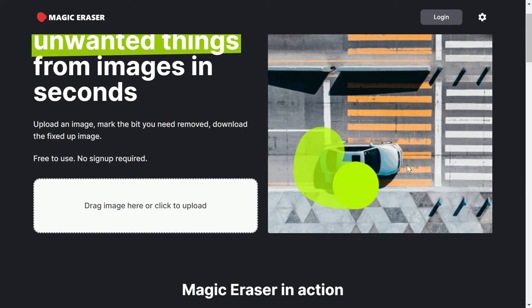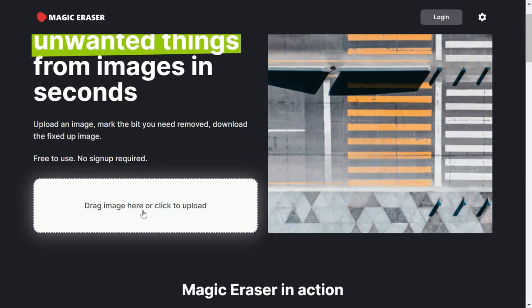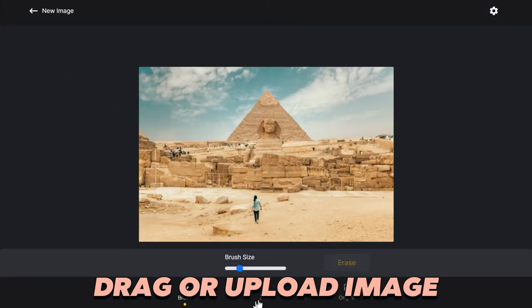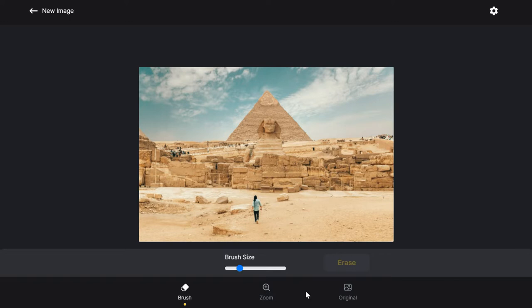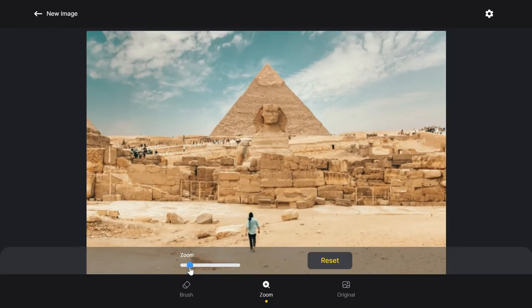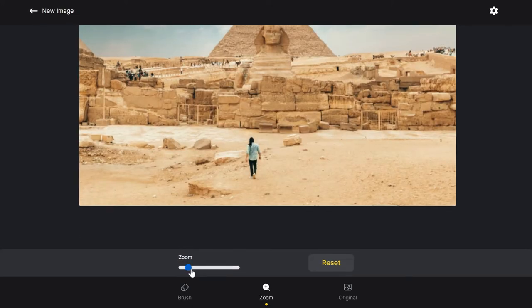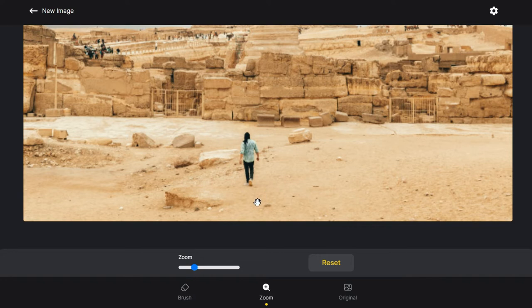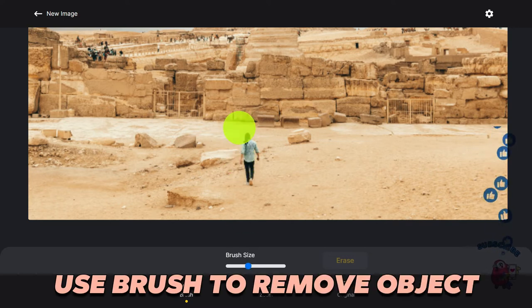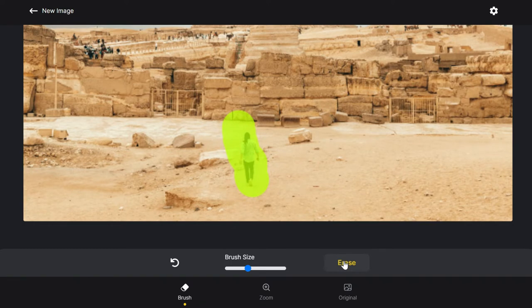It removes the unwanted object from your picture. You just need to drag or upload the picture here. So once that picture is uploaded, towards the bottom you see there are two tools only, brush and zoom. If you want to zoom into a picture to have a good view of the object which you want to remove, just zoom in, then click brush. You can increase the size of the brush and just use that brush over that object and click erase and